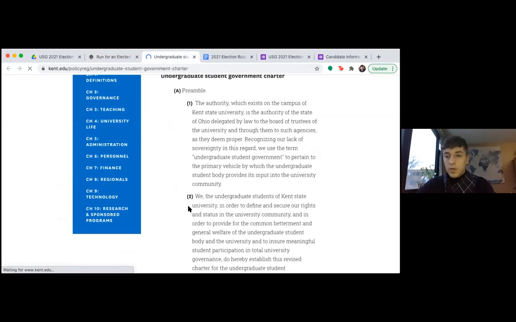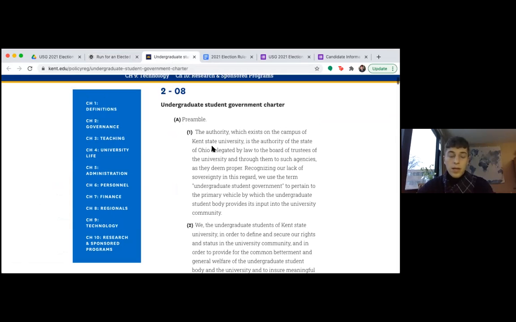Don't feel like you have to read through every segment of the charter and understand it all right away, but you do want to get a gist of what's going on, especially the responsibilities that you will manage in your position. So please look through this before applying. Get a sense of what you're applying for.